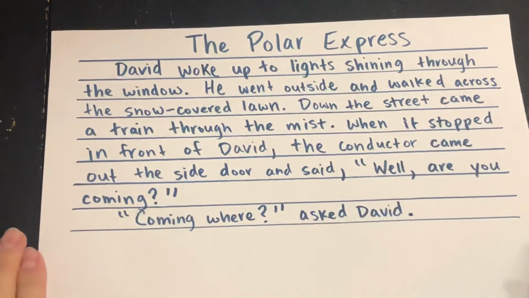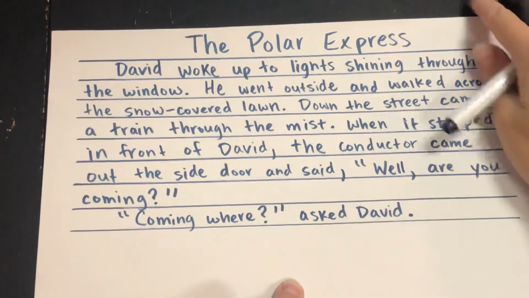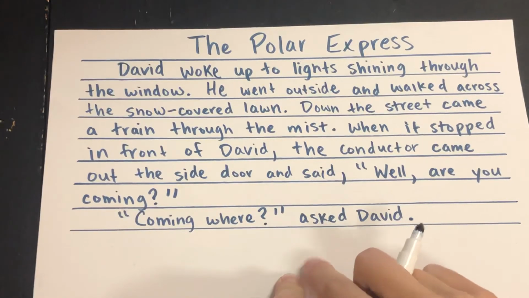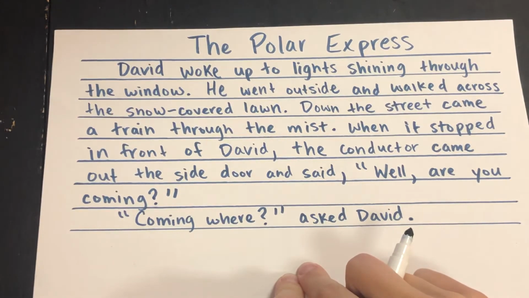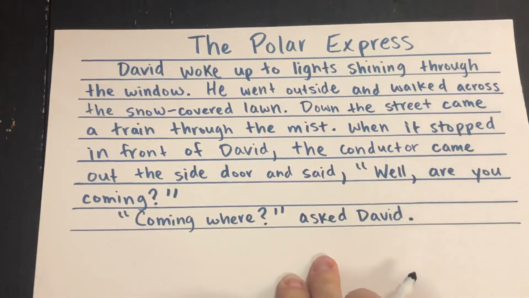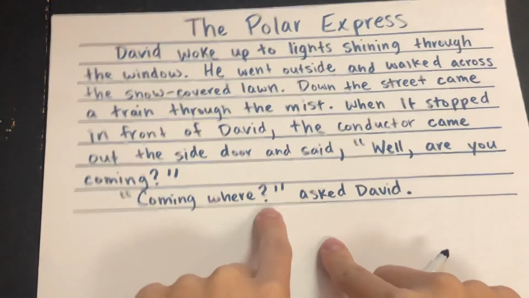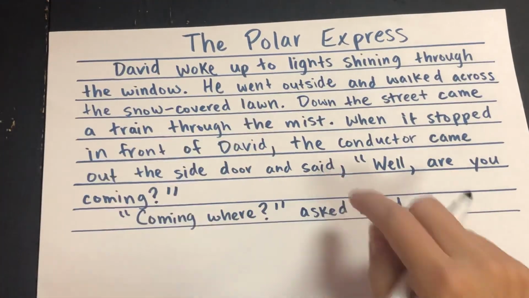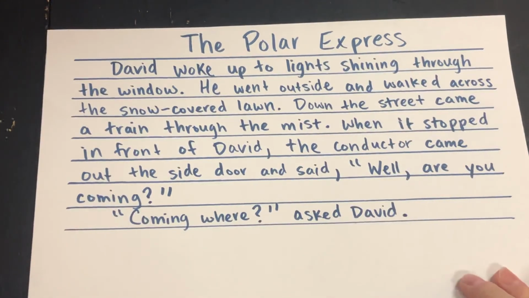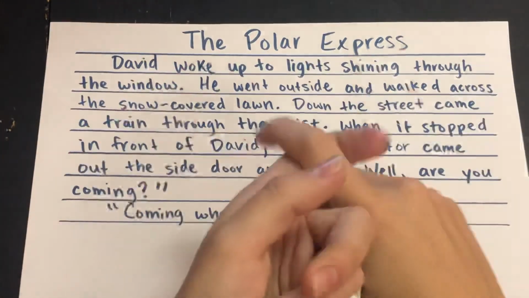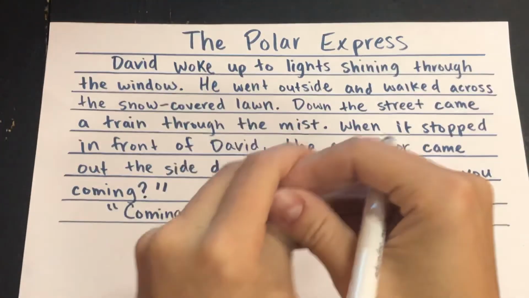All right, so I will have this on, let's see, what's it called? A Google Docs. So your teacher can pull this up and leave it on the board so you can still look at it if you haven't had it all written down. Again, I'm giving you a lot of time to copy this. I'm looking at you, third grade. All right, so give me your best. Try to go all the way to the bottom of the page. Also, you don't have to skip lines. I am not skipping lines here. Try to go all the way to the end of the page. Give me some more dialogue if you want. Show me senses, show me reactions, show me things. I want to see some cool stories, okay?